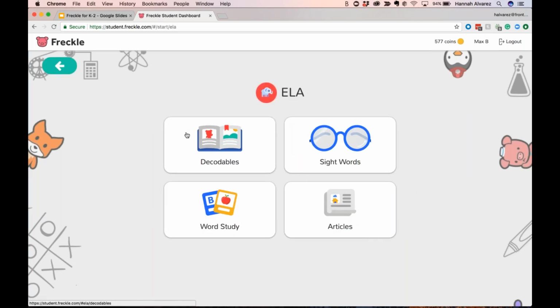And within ELA, we have the option to read decodables, to practice sight words, to practice word study, or to read articles. Now, articles are something that's available for all students on Freckle, and those are all adaptive. So if you are, say, a 2nd grade teacher and you have some students who are still reading at a kindergarten early reader level, but maybe you have some students who are more advanced and they're reading at a 3rd or 4th grade level,